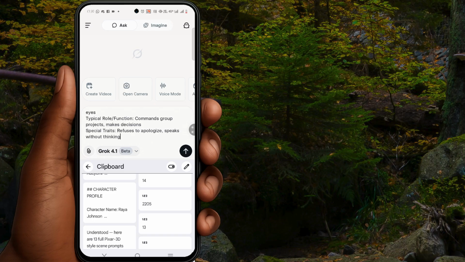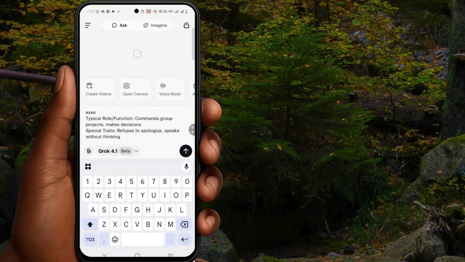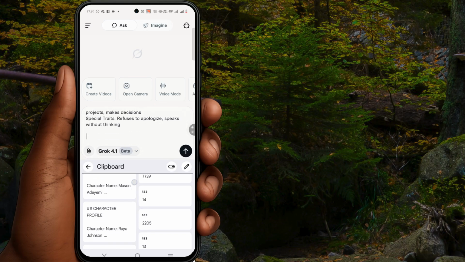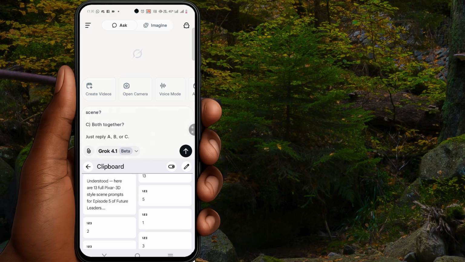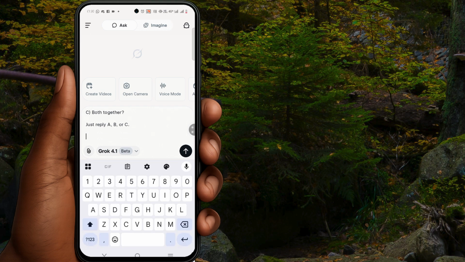So, since I have these three persons, there is something else now that's my interest, which is the 13 scene prompts. I'll click on this and I will tell it, this is my story and scene prompts.